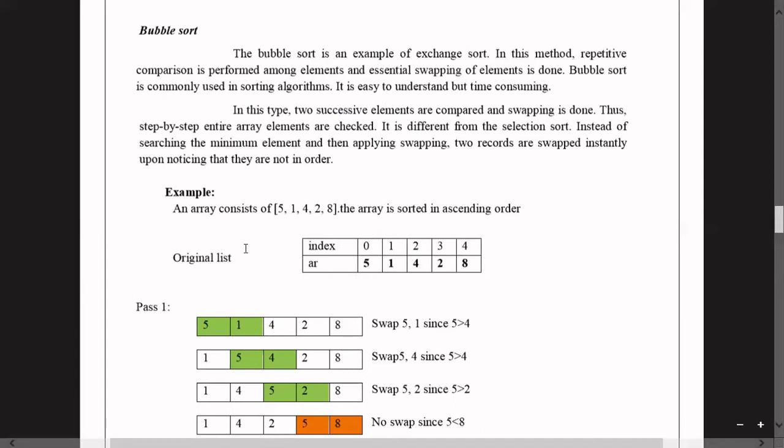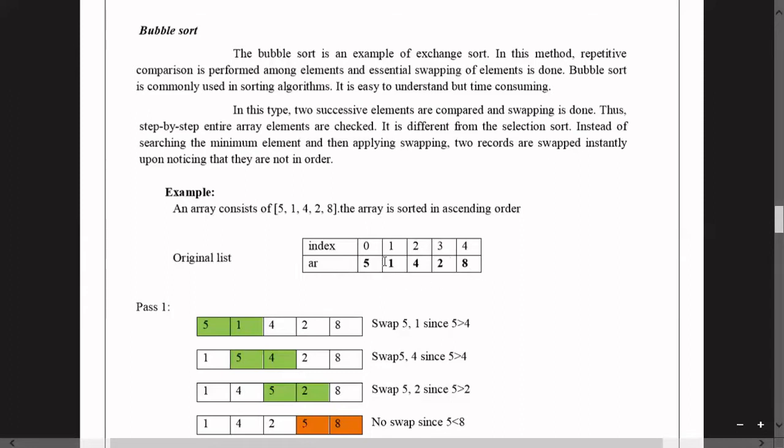Before going into the bubble sort, we should know that the number of elements is represented with n. If the number of elements n equals 5, then the number of passes or iterations required to sort the n elements is n minus 1 passes or n minus 1 iterations.